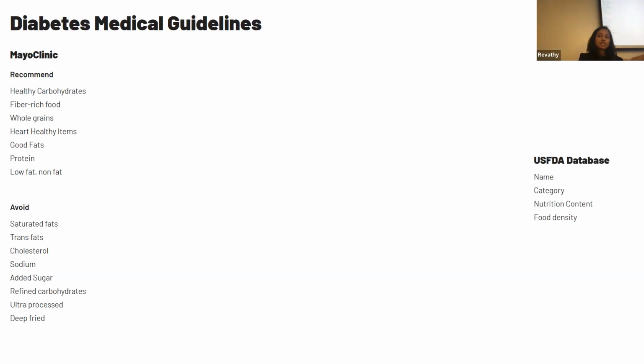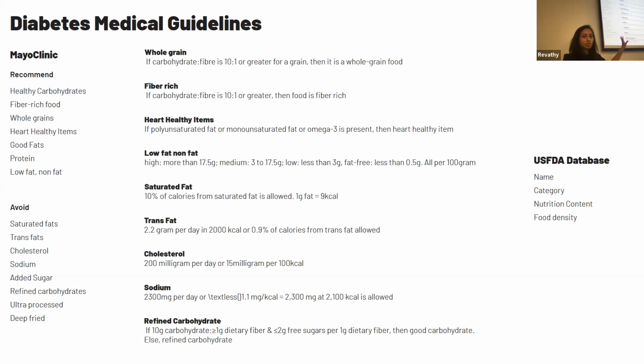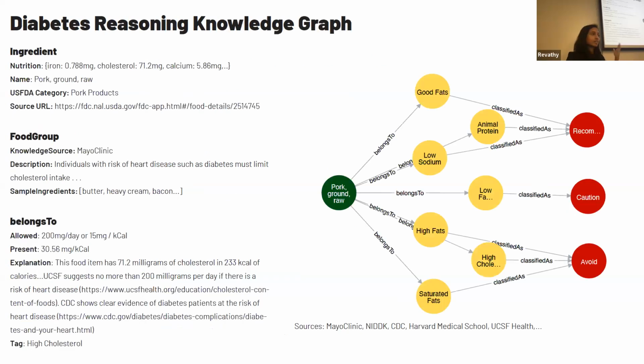On the other hand, we have a large-scale ingredient database from the US FDA. But how are we going to map this to that one? What constitutes a healthy carbohydrate? What constitutes a good fat? This again required meticulous research, looking into several sources and published papers to say what constitutes a whole grain, what constitutes fiber-rich, non-fat, low-fat, so that the nutrition content of the US FDA can get that and appropriate maps can be made. And when we made the mapping, it resulted in a graph like that,